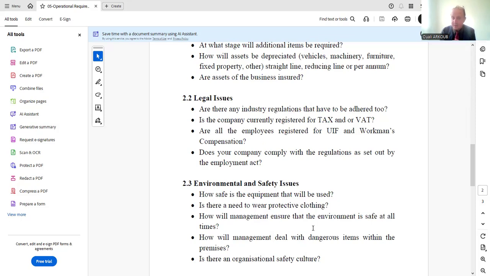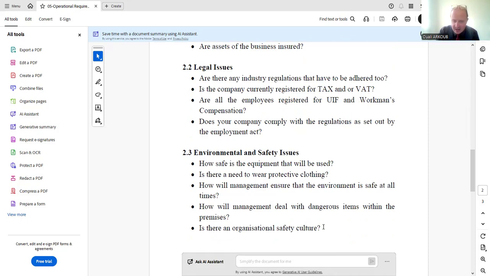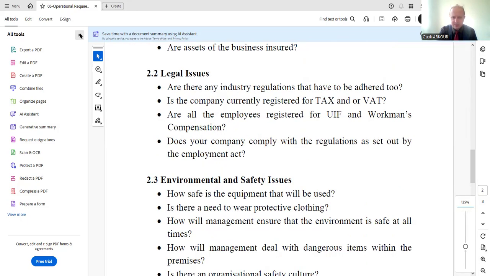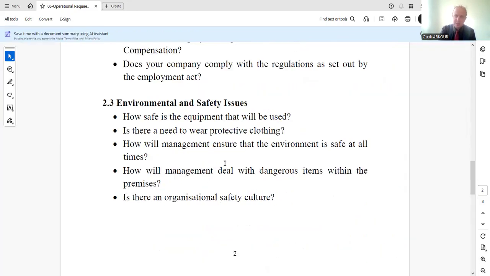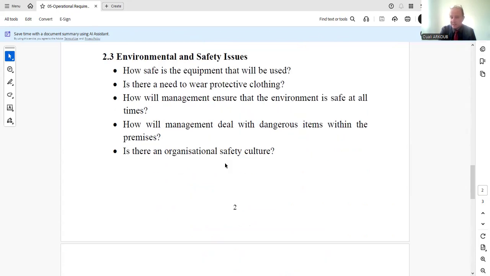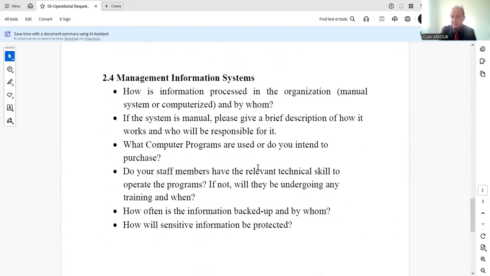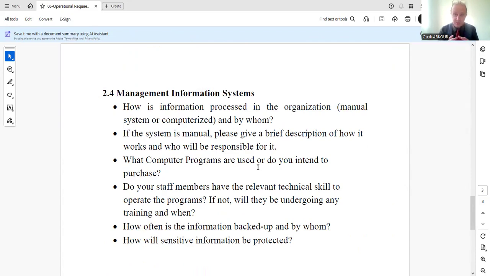How will management ensure that the environment is safe at all times? This is also very important. How will management deal with dangerous items within the premises, in a manufacturer, for example? Is there an organizational safety culture in your startup, in your enterprise? The last element of technical review is management information systems. Here, an important part of